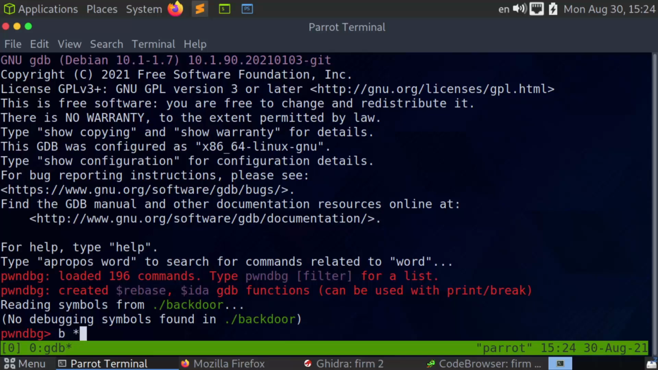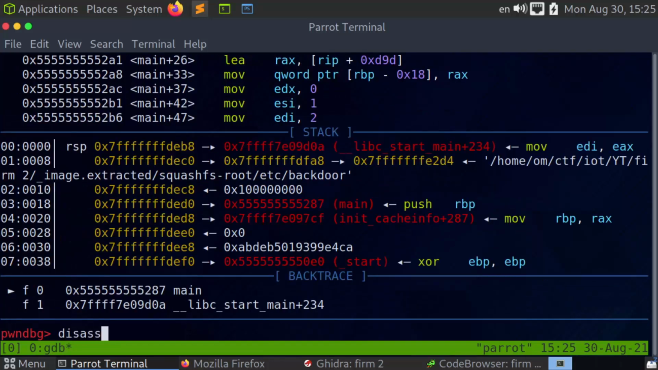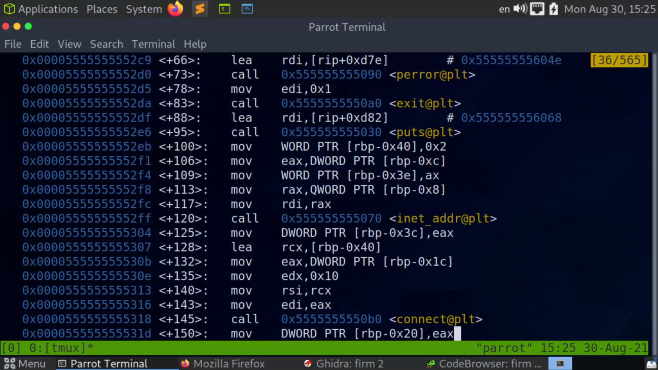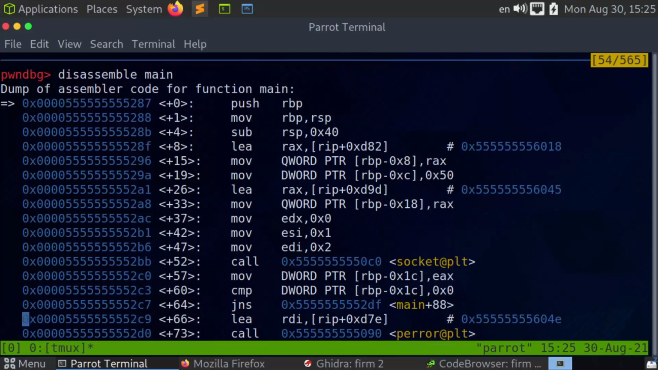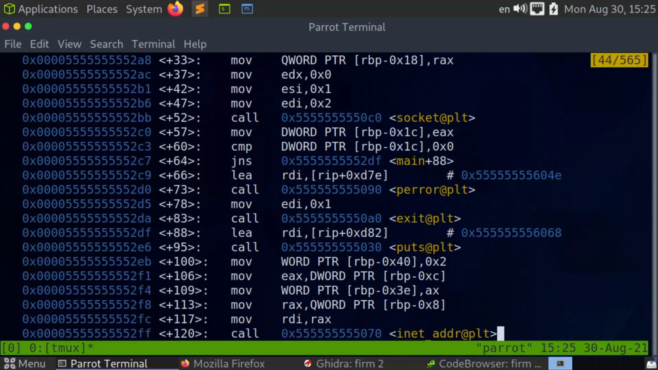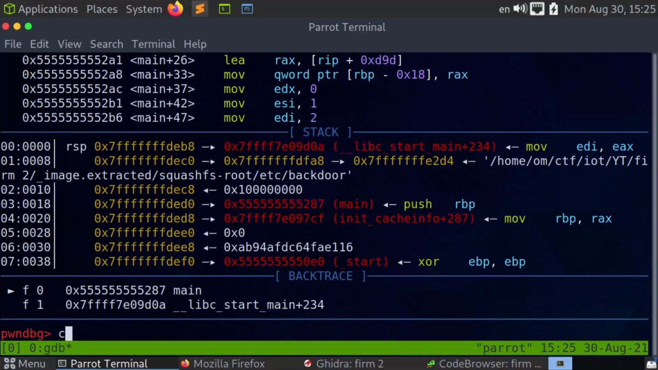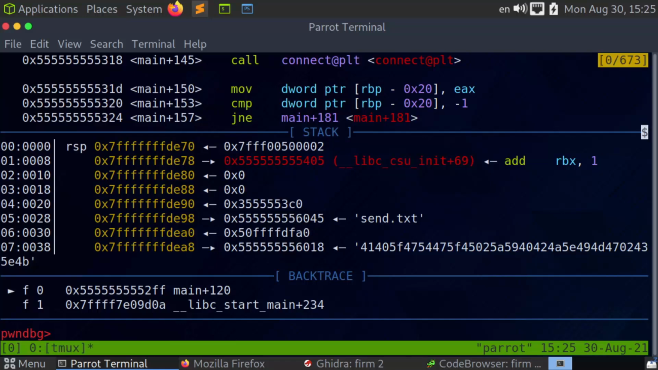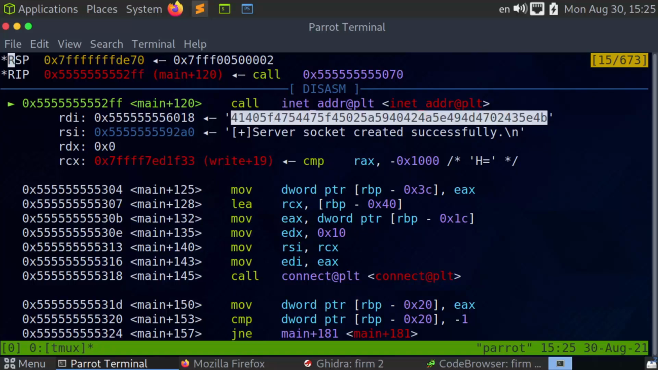So we can do break main, run it, and then we can do disassemble main. So let's see, we can try to break at this call just before it calls inet_addr, and so we can try to see what exactly is the domain. So let's run this, continue, and let's see, that is still the hex string,